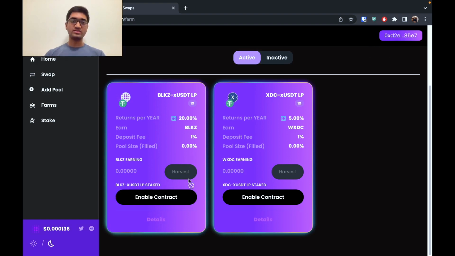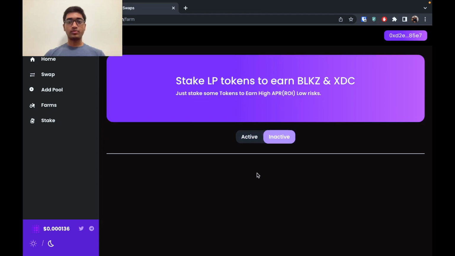But if I had more funds, then it would actually deploy that contract onto the XDC network, and I could add money to it. And whenever I was able to gain these returns, then I would click on harvest, and I would get that amount of tokens in my wallet. Similar here. And these are the active ones. There are probably more inactive ones currently.